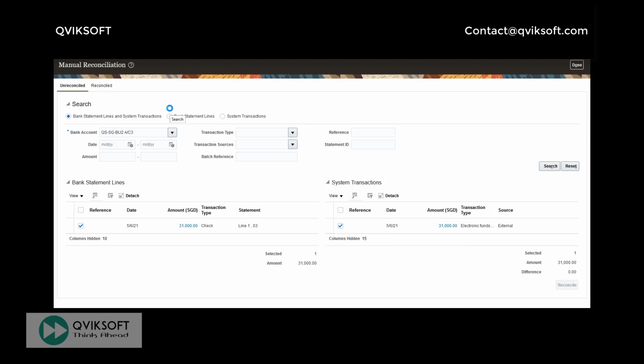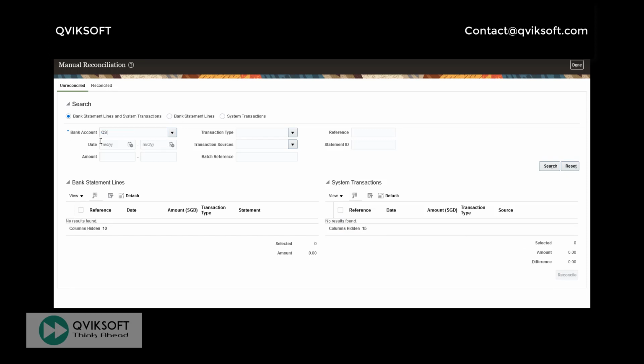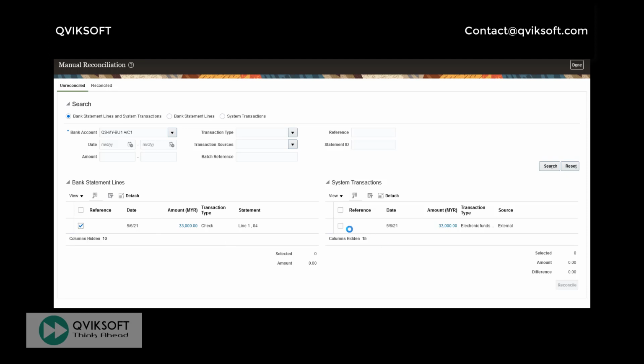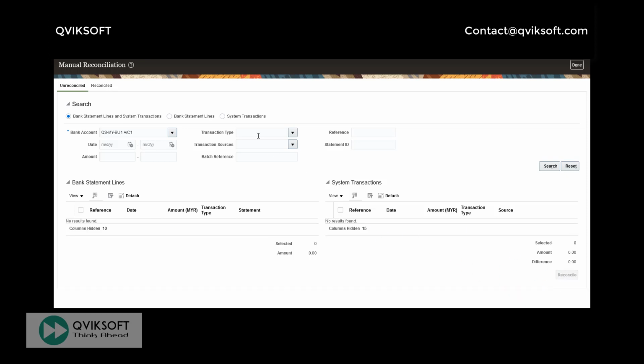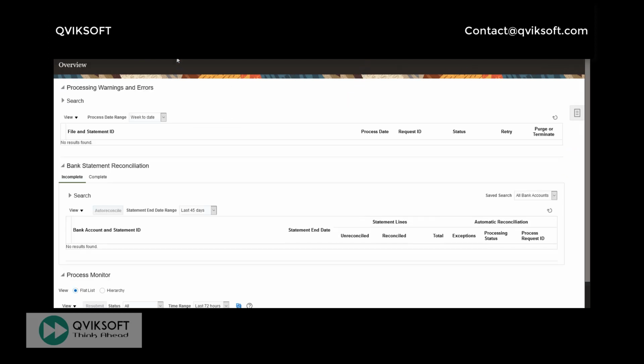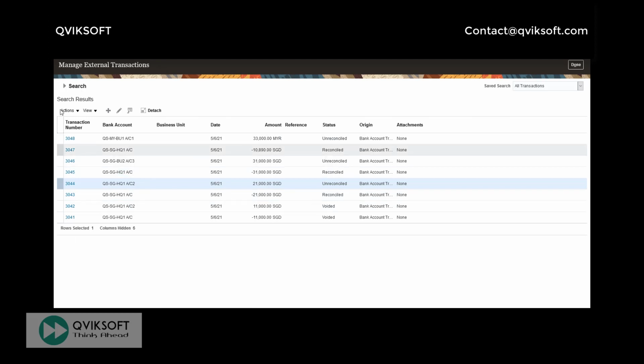Reconcile, and look at another account, Malaysia account, 33, reconcile. The idea of showing you all these processes is so you understand at what stage the accounting entry is going to come. Now, if I search, all will be reconciled.